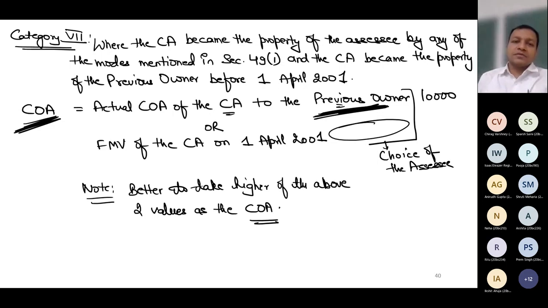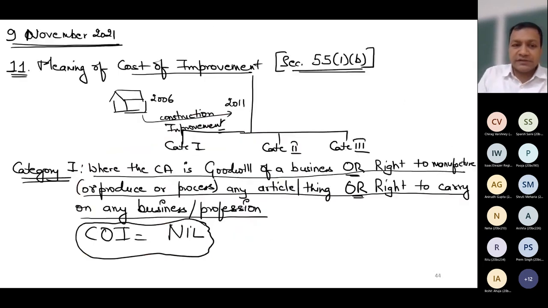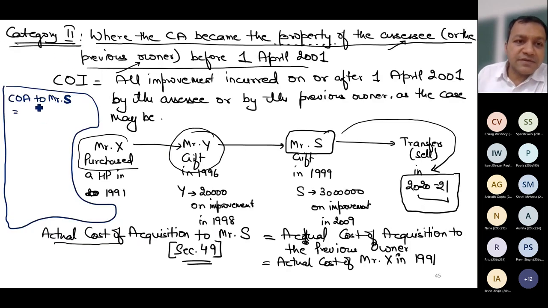I became the owner by way of gift, and this asset became the property of the previous owner before 1st April 2001. So in this case, what is the cost of acquisition? Actual cost of acquisition to the previous owner, which I got, or fair market value of the asset on 1st April 2001, whichever is higher. I'm not telling you the answer directly. I want to show you the concept so that you know how I am deriving it. I am applying category 7, and on this basis, cost of acquisition becomes the actual cost of acquisition to the previous owner,